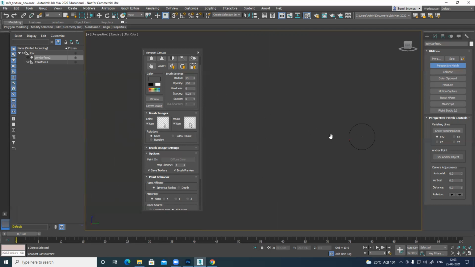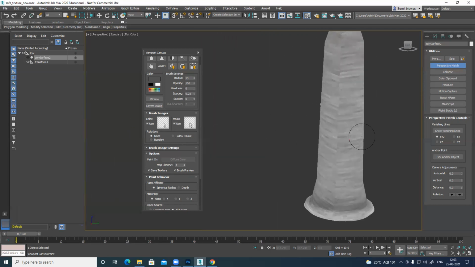This one has always been a little extra, so you can blend it nicely.